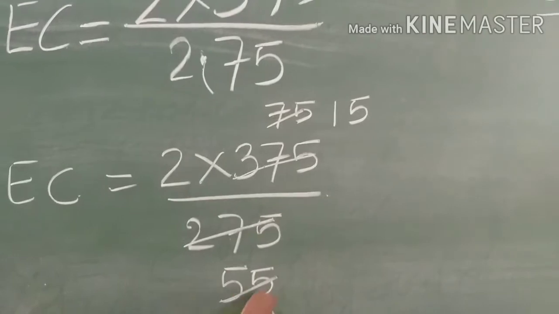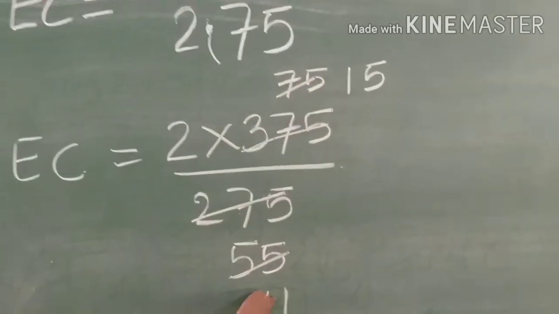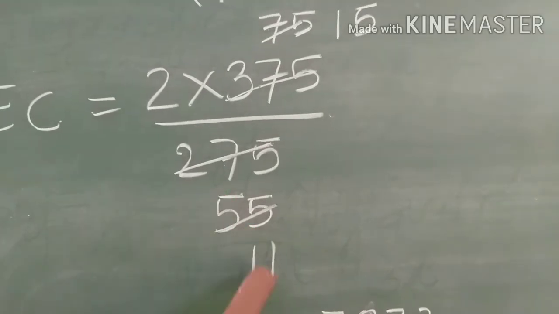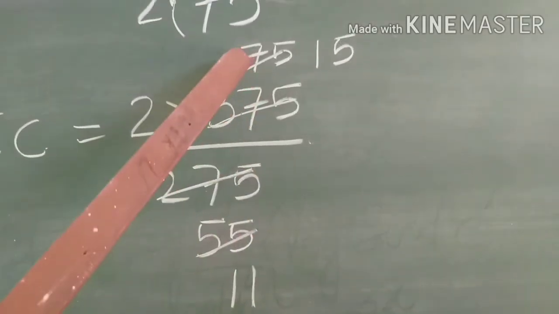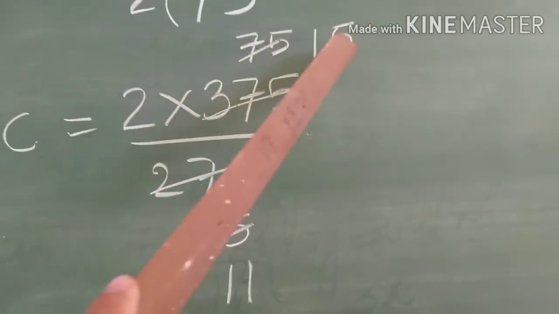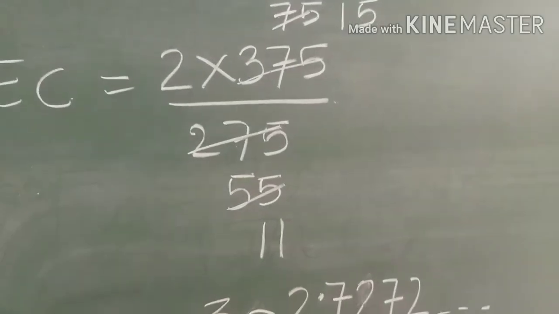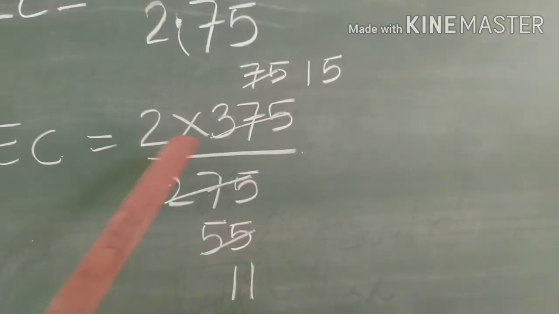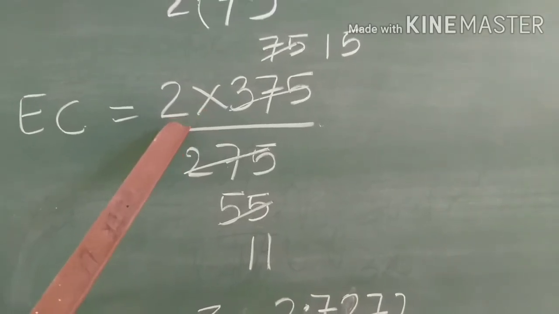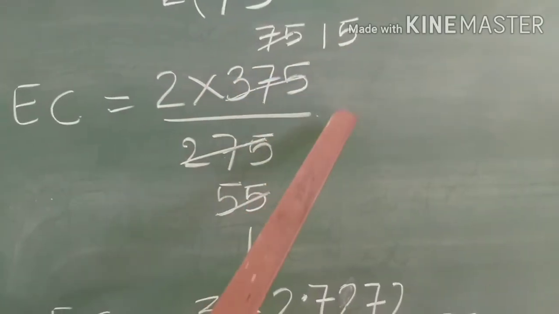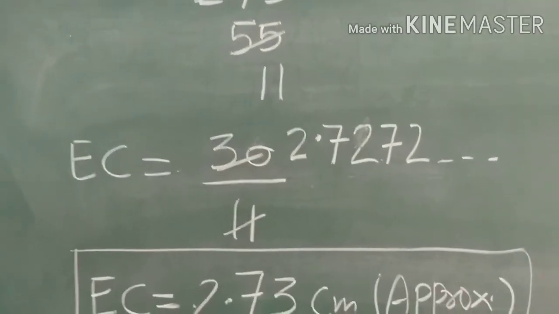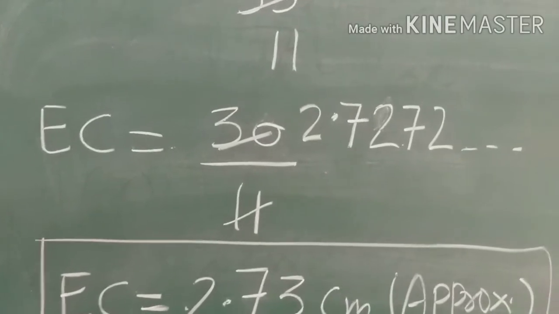Now again both of them are divisible by 5. So 5 1s are 5, 5 1s are 5. 2 is remainder. 2 and 5, 25. And 5 5s are 25. Now students, EC equals 2 into 15, 30 upon 11. So when we divide 30 by 11, we get